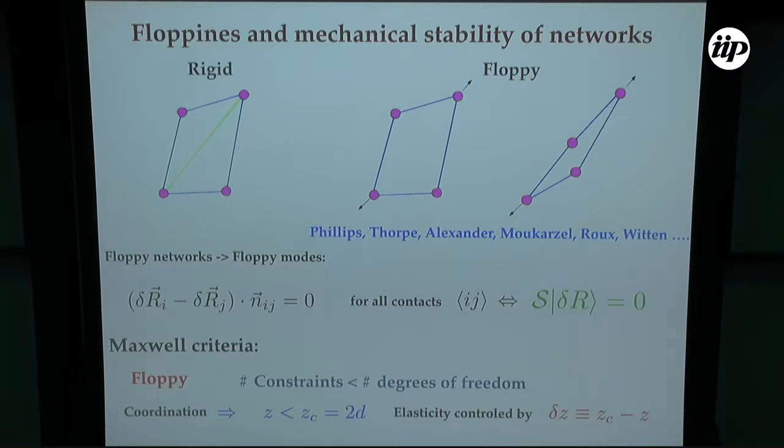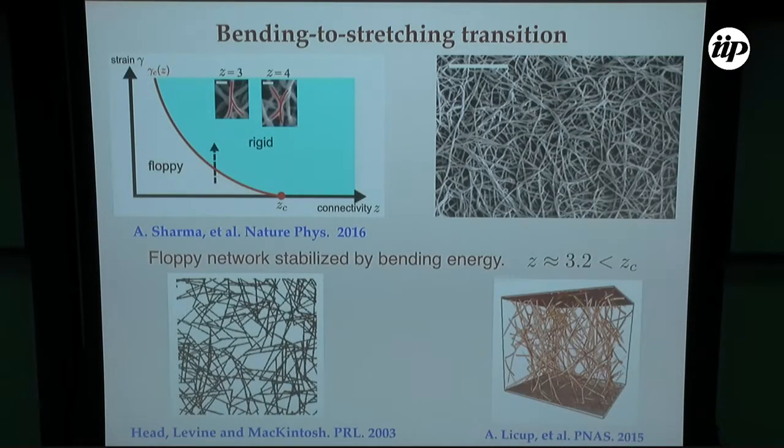Of course, for the systems that we are interested in, if we just measure the coordination, they are usually under-coordinated. So the basic structures of these networks are floppy. Essentially, we are in some region here. This is the strain, this is the coordination, and the coordination is around 3. So now what we're doing is that we take one of these networks and we start to strain it until we reach this critical point in terms of strain,